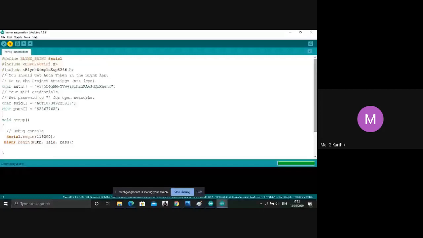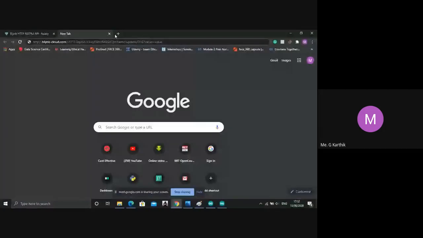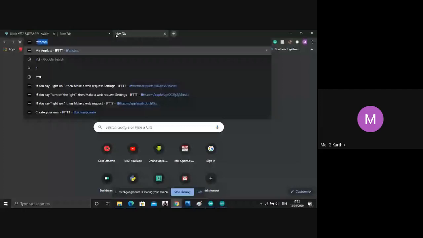Okay, until the code is being uploaded, we'll just do our other process. We'll first do IFTTT. First, you need to go to ifttt.com.